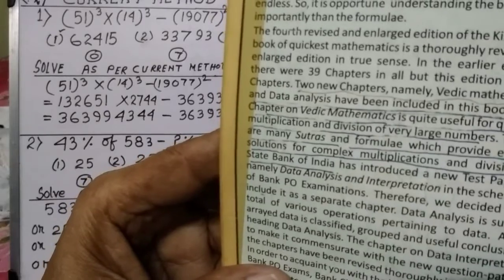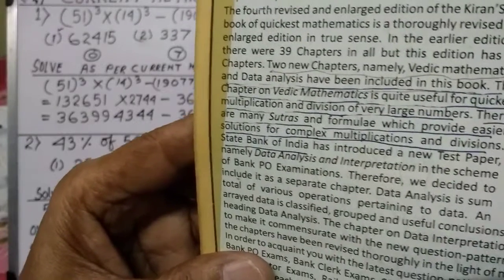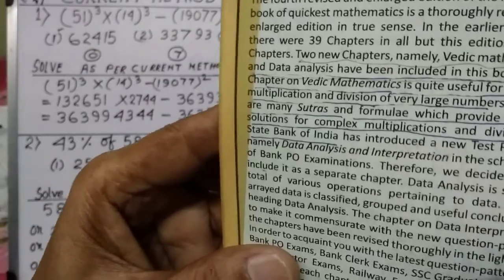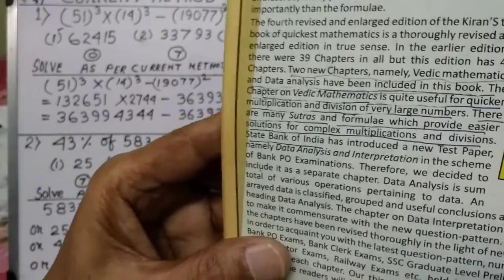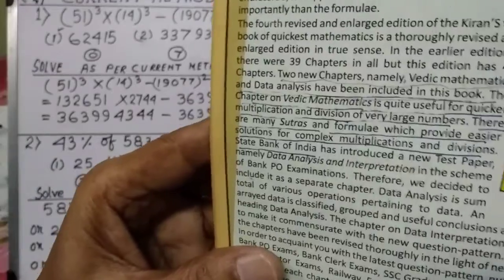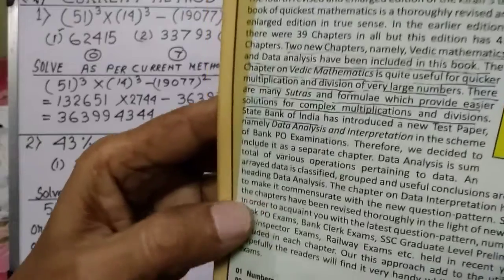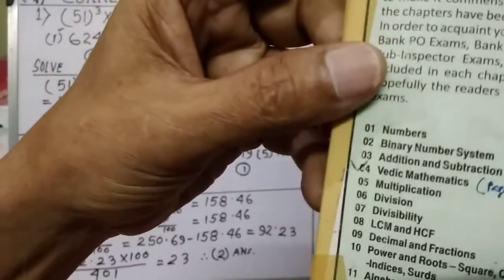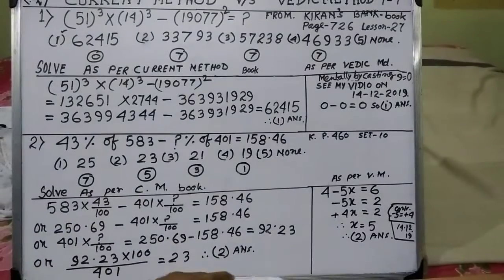The chapter on Vedic mathematics is quite useful for quicker multiplication, division of very large numbers. There are many sutras and formulas which provide easier solutions for complex multiplication, and they have mentioned Vedic math and